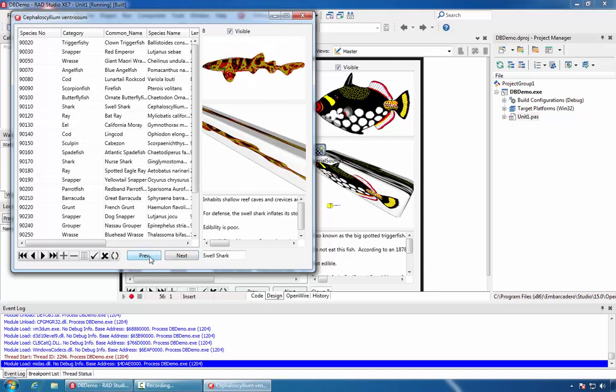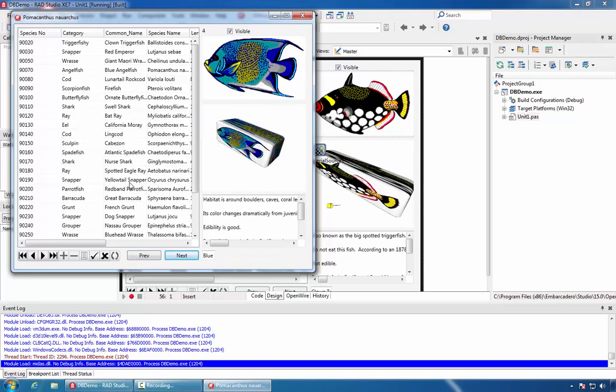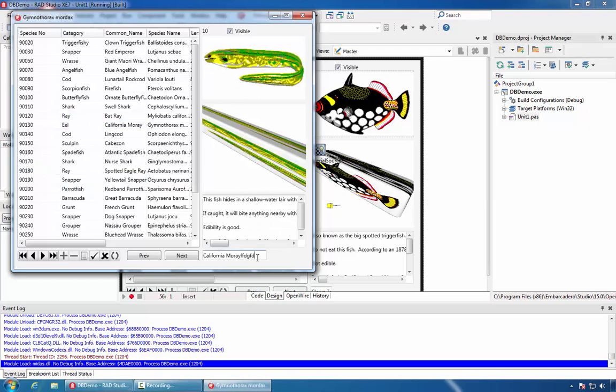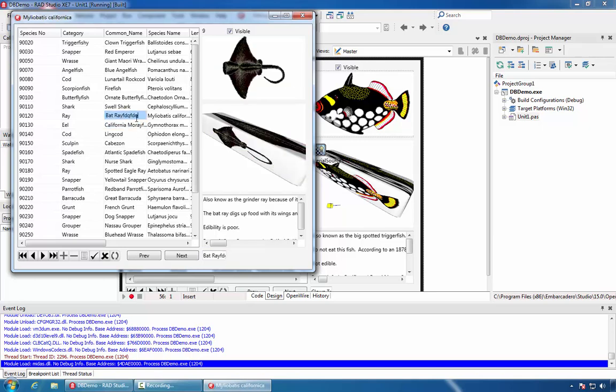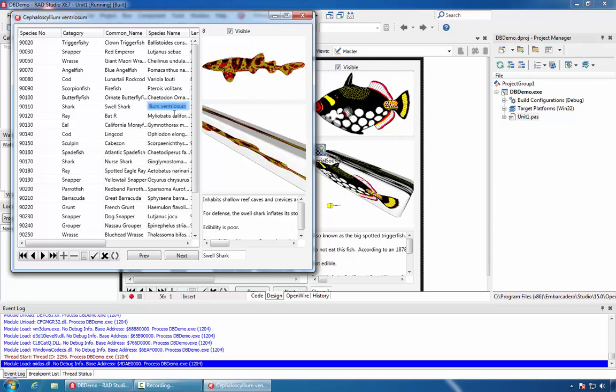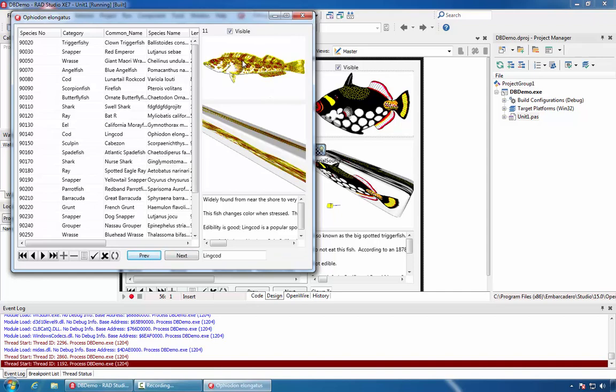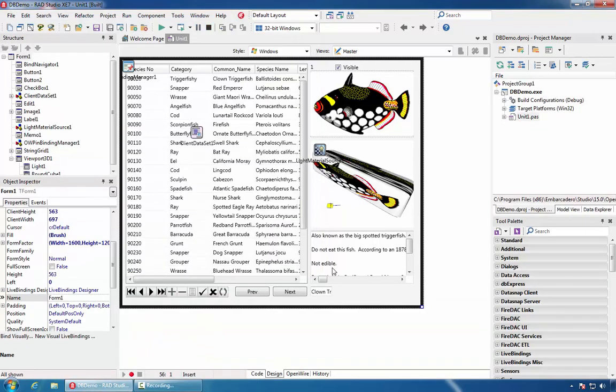You can see that we can control in many different ways many of the controls, and that does not require any code. This application was created in just a few minutes.